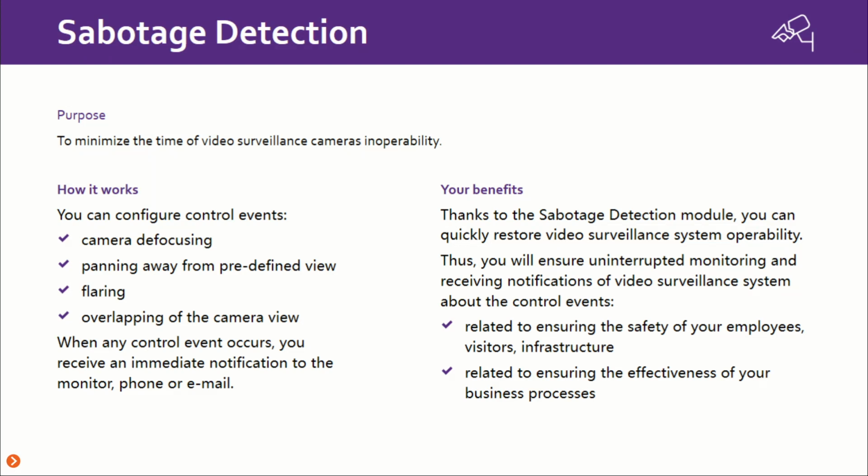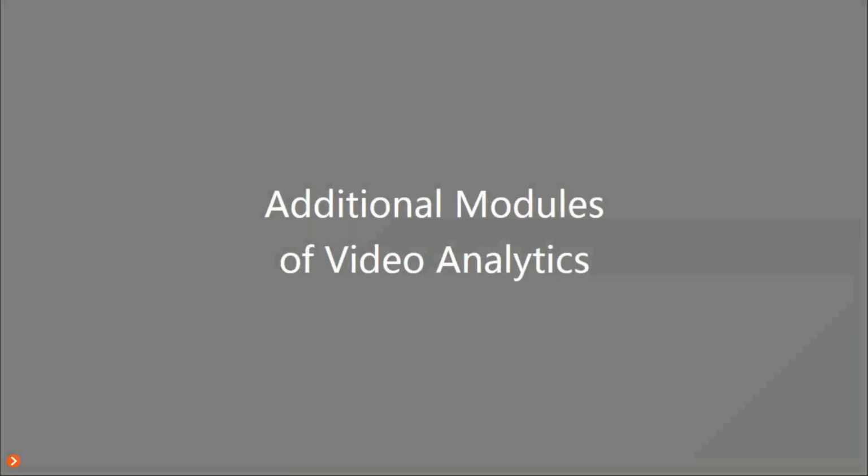So these actions will be covered by sabotage detection and would be seen by the system as sabotage to the VMS, and then you can take care of the camera by either sending personnel to the location where the camera is working, or you can review the image coming from the camera to understand what exactly has happened, so that you were getting alerts about sabotage.